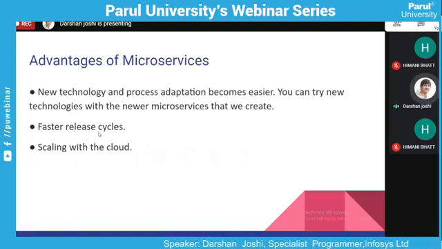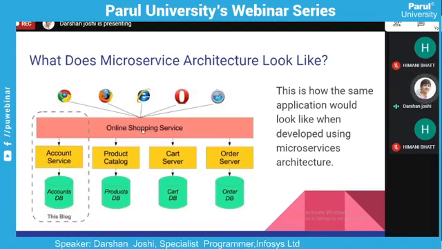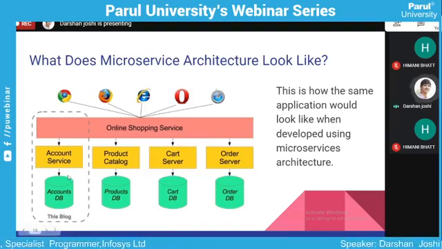Faster release cycle. For example, you have to develop a new microservice. It's quick and easy. You can just directly change that thing and deploy it. Scaling with the cloud. What I mean by this is, if this account service is not frequently used by the users, the traffic of this service is for example 100 users per day, and the traffic for the product catalog service is 10,000 users per day.